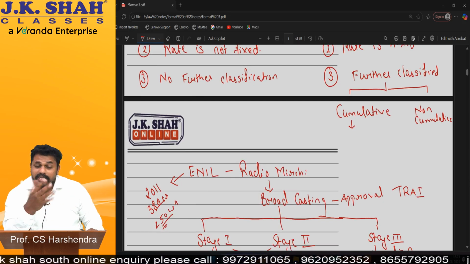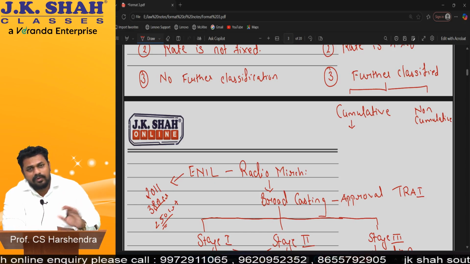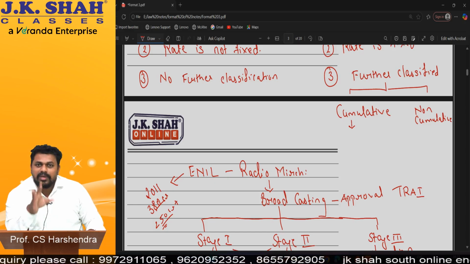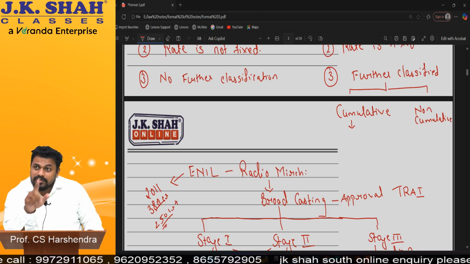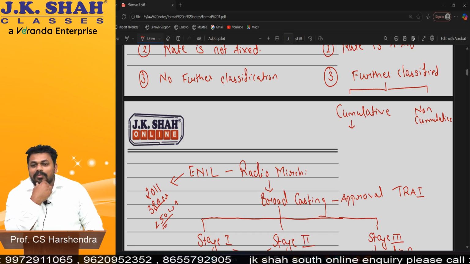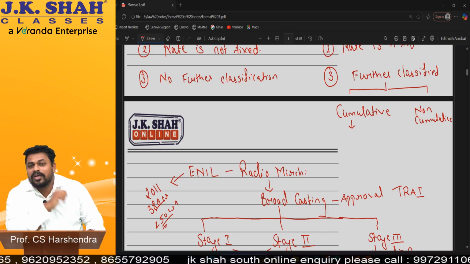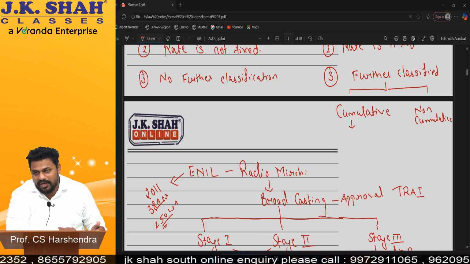Sorry, nothing is told; it is cumulative. But the companies now issue non-cumulative only. No company issues cumulative. I'll tell you the reason also later on. So now only I'll tell you. Because if you go for cumulative now, before we issue preference shares, you have to take members' approval. Members will not give approval, because you are giving dividend from the reserve. That reserve belongs to equity shareholders. So they will not give approval. So nowadays it is non-cumulative.